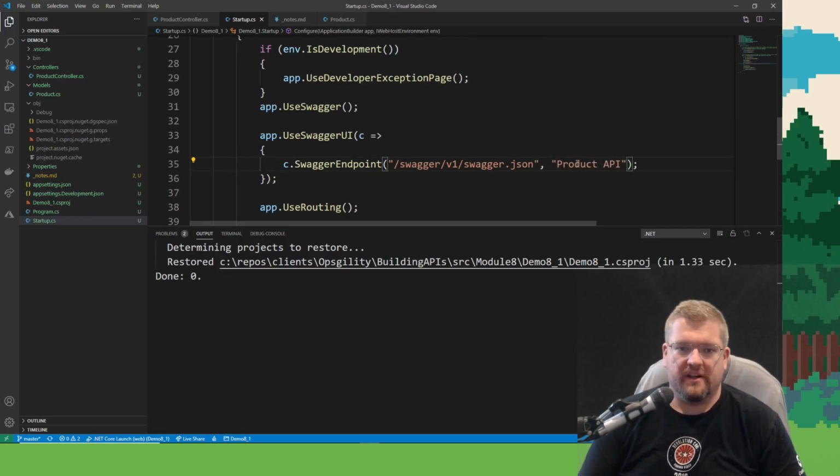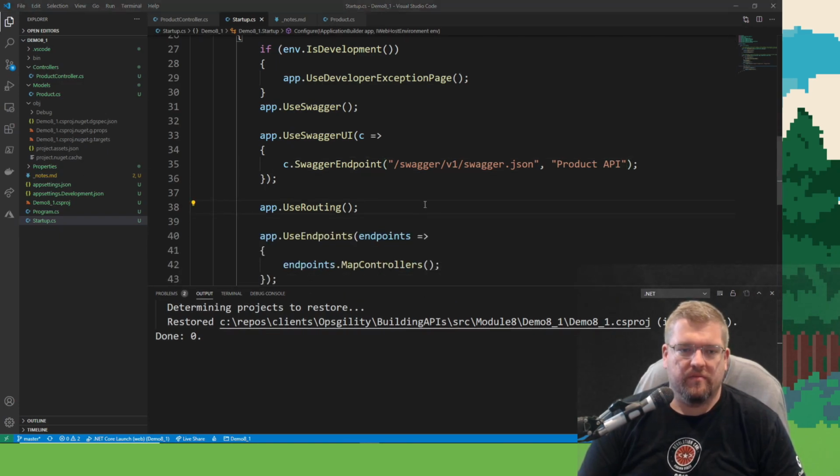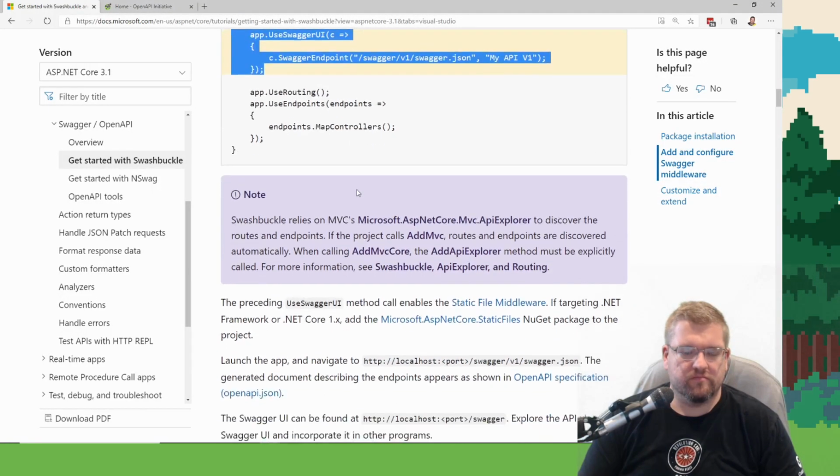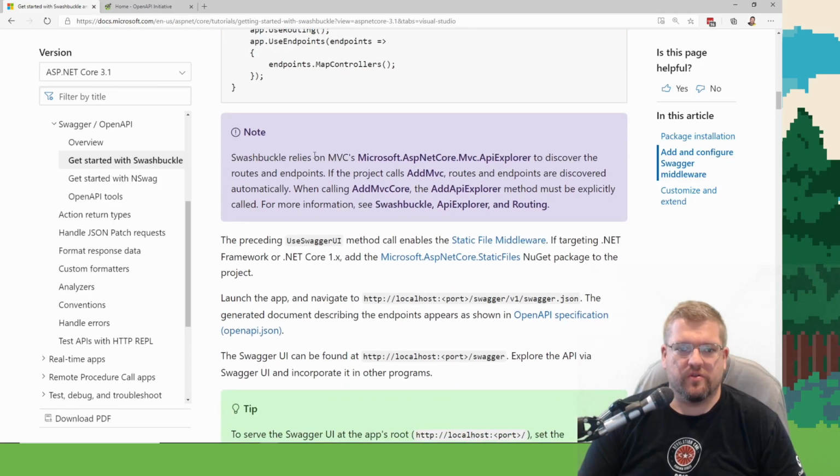All right, product API. There we go. Swashbuckle relies on MVC's API Explorer to discover the routes and endpoints. The project calls AddMvcRoutes, but there is no more AddMvc.